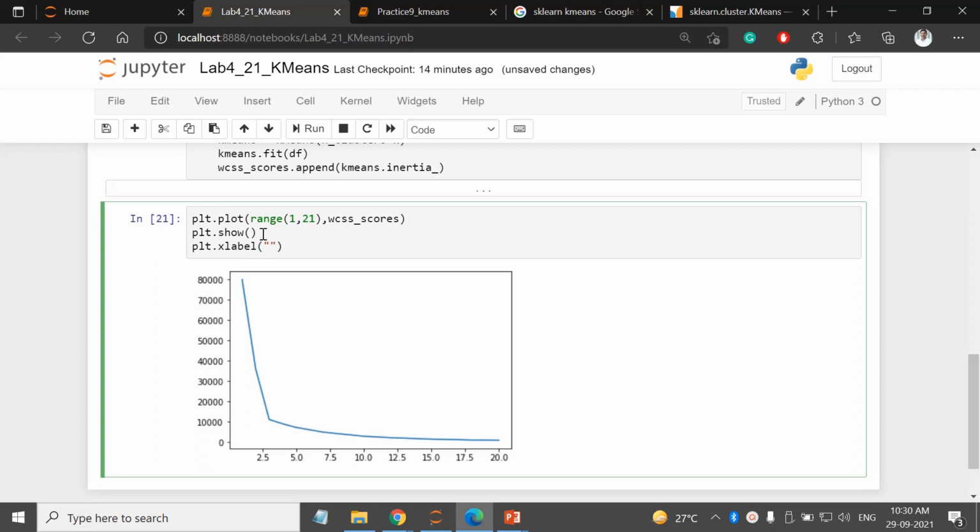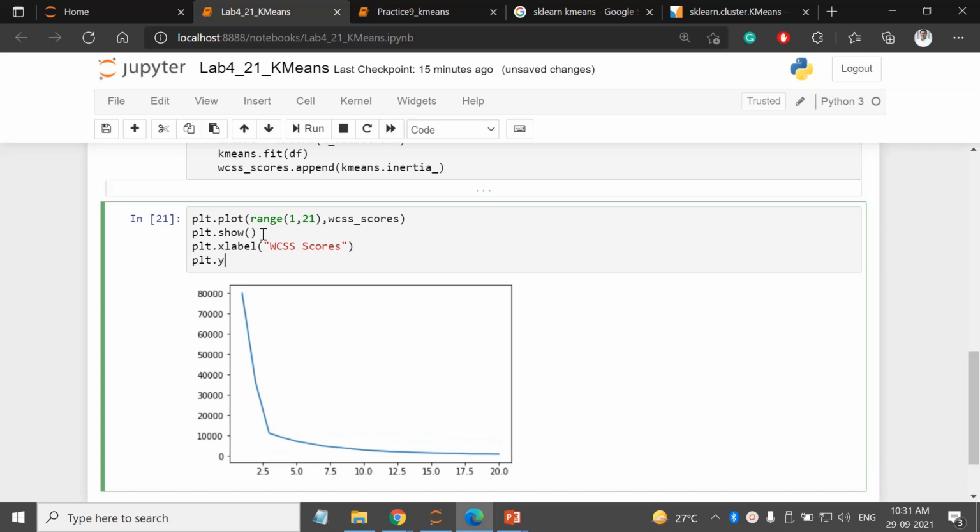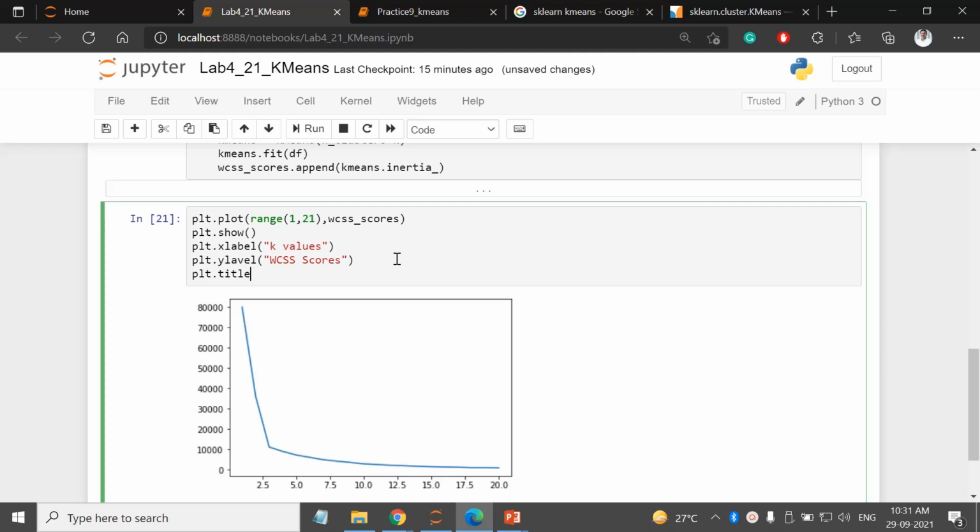On the x axis we have WCSS scores. Okay, and on the y axis, y label. Oh, the x axis does not have WCSS scores, here we have k values. Okay, and plt.title: elbow graph for given data. The show will be last.